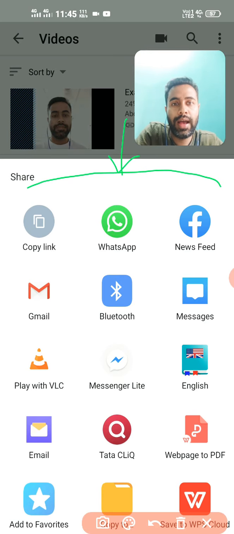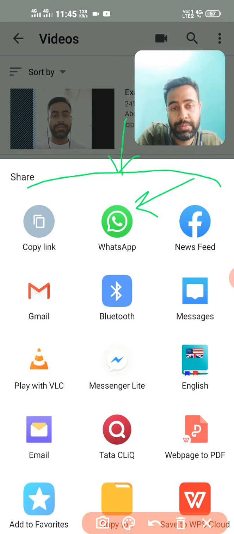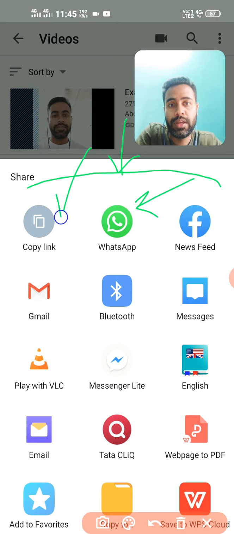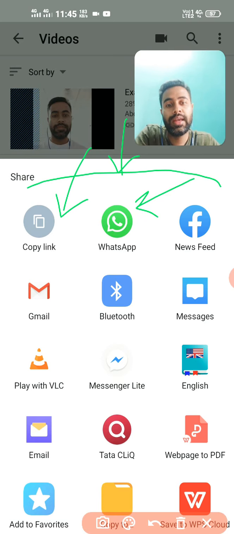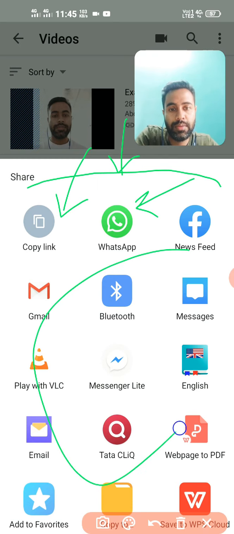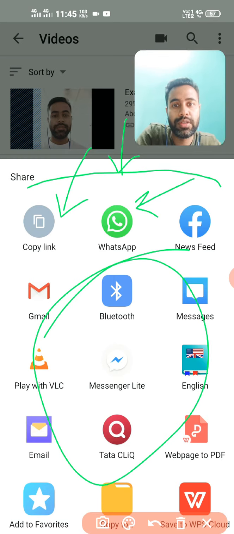Okay, either you can share that link directly to WhatsApp. For example, if you want to share the link in a WhatsApp group, you can directly tap on WhatsApp and it will take you to the WhatsApp application, and you can paste it in your WhatsApp group. Else, if you want to share it in the Dolphin app, you can use this copy link. Here it is already at the top, because I am using it frequently. If you are a first-time user, you would find it somewhere in between, somewhere over here. So you look for this copy link.